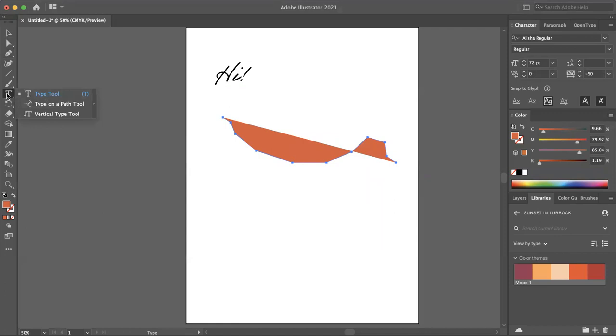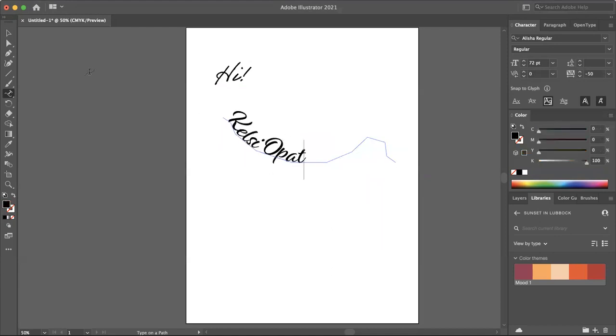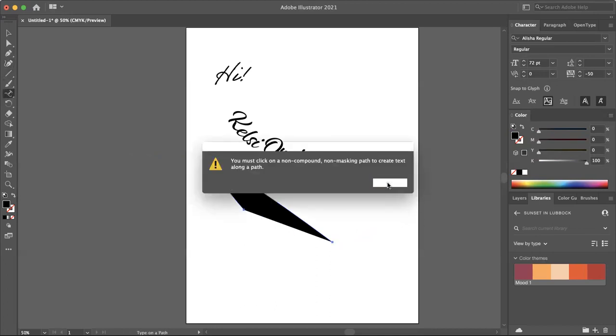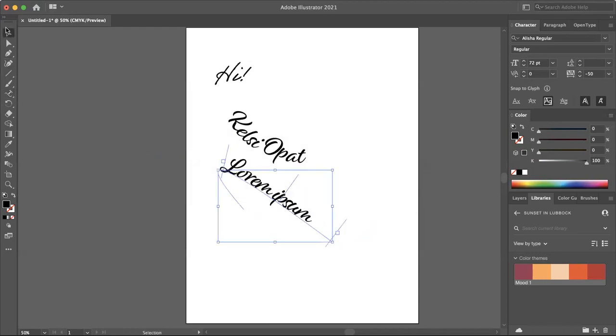So if you come over to your type tool again, and then you can hold it down to show these other options, and you can select type on a path. Then you click on this line and it acts as your path. Okay. Pretty neat, huh? You can do the same thing. If you want a curvy line, you can do your curvature tool here. Again, press delete. So always make like one more than you really want. Oh, there we go. Okay.